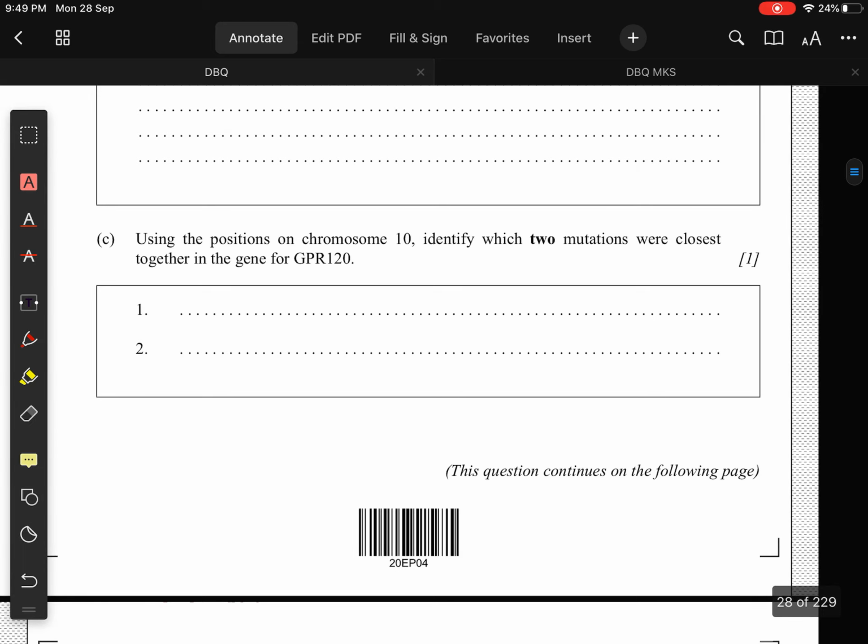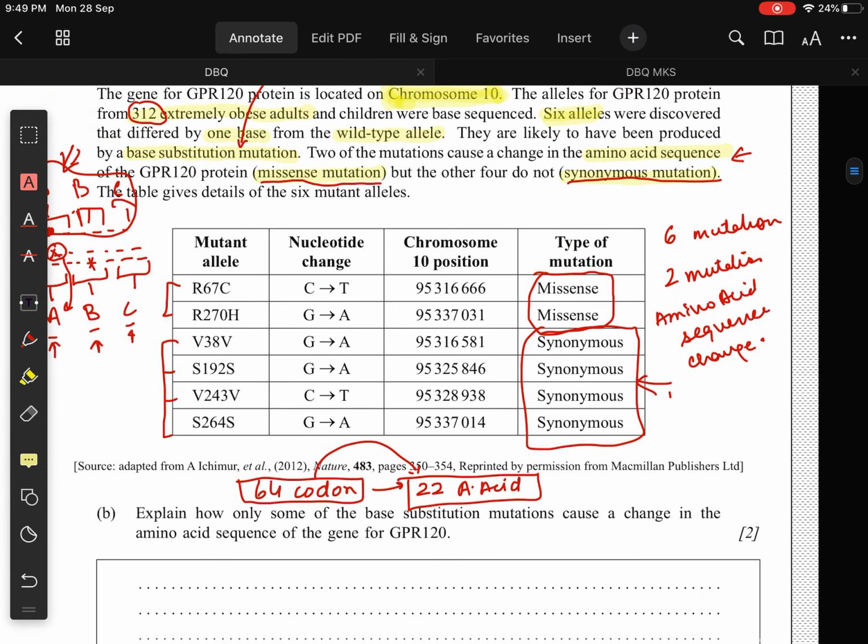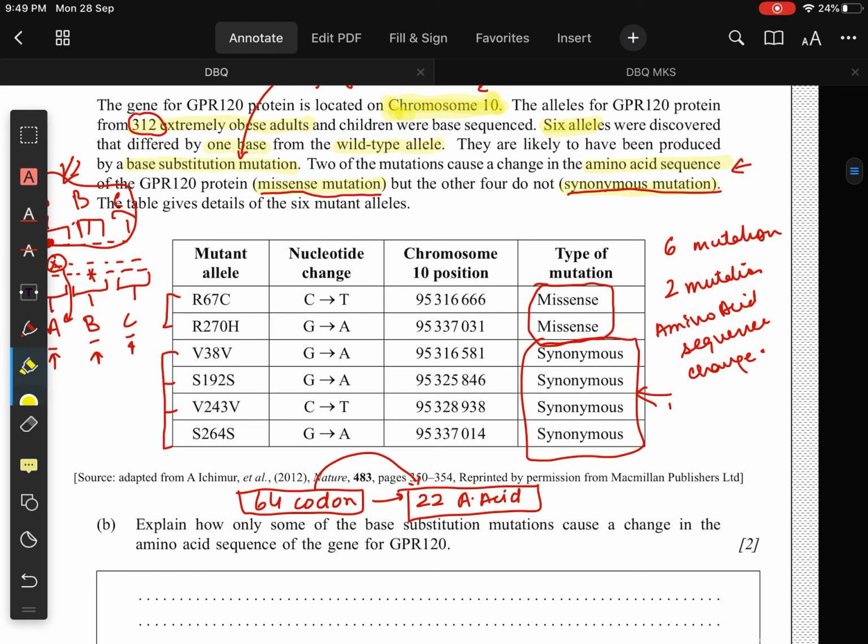Using the position on chromosome 10, identify which two mutations were closest together in the gene. So we go back and look at which two. So this all 9 is fine. Same, same, same. Now the change starts here. So we see 1, 1. These two are 1, 1, 6, 6. 1, 6, 6, 6, 6. 1, 6. This is changed, this is changed. So there are three